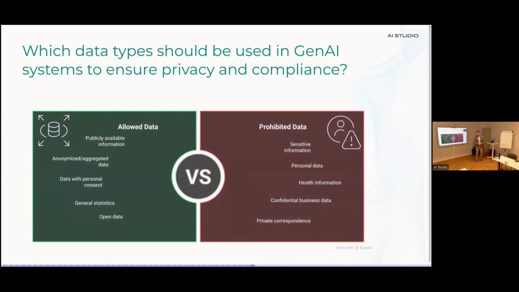So, yeah, don't put in private correspondence, confidential business data, health information, sensitive information. What you can do is put in publicly available information, anonymized data. Actually, they are also talking about how with AI it's kind of possible in some ways to re-analyze the data. So that's a field that I will look into in the future also. What are the data that you have consented to give